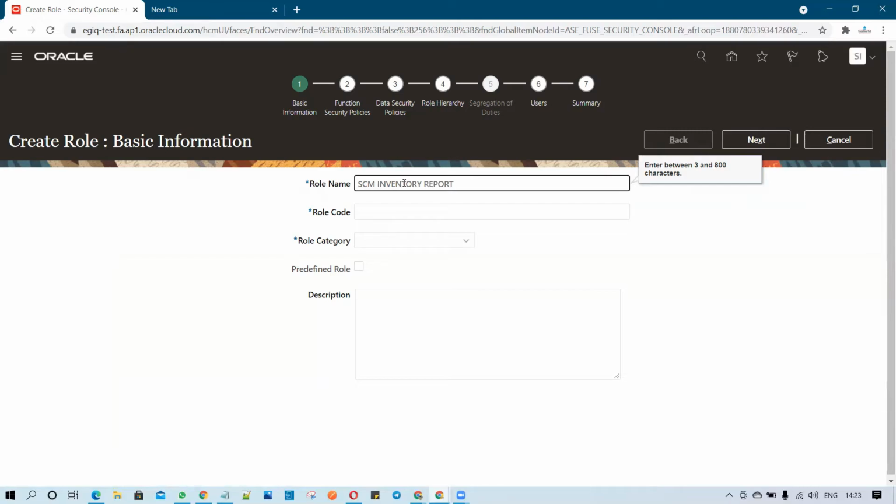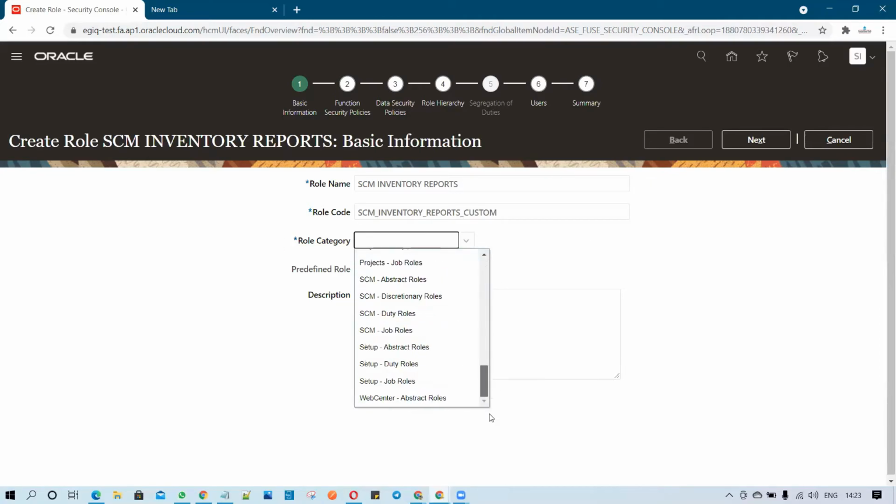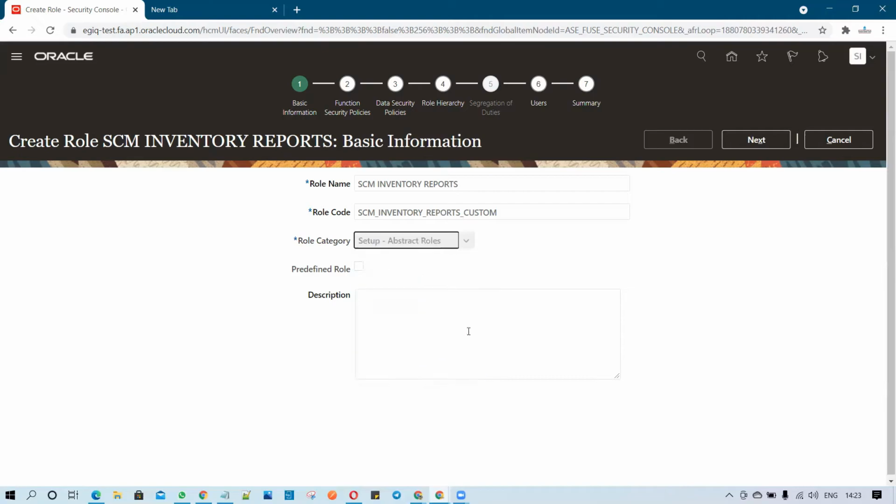So I'm just taking one example, SCM inventory reports. I set it up as SCM inventory reports custom. Now under the role category, you can set the abstract role or the supply chain abstract role.